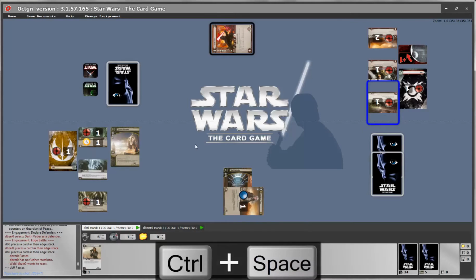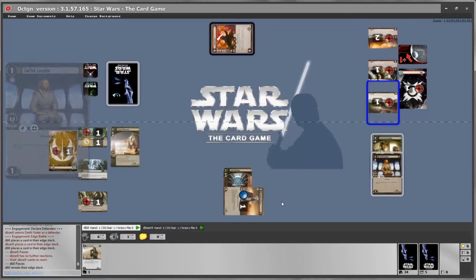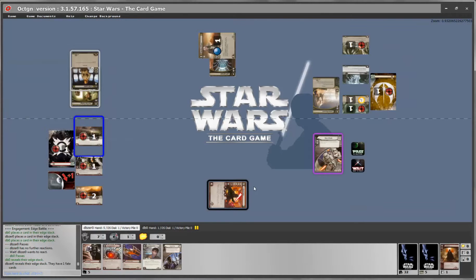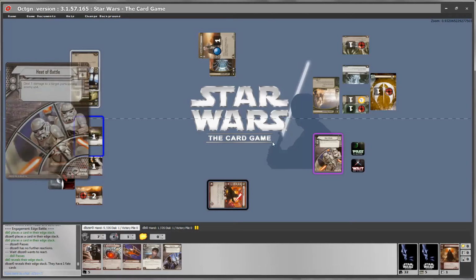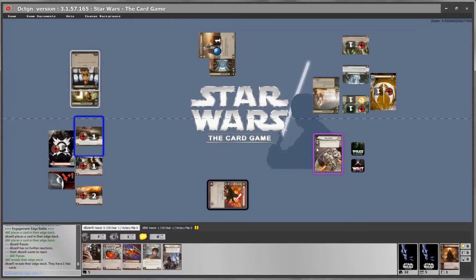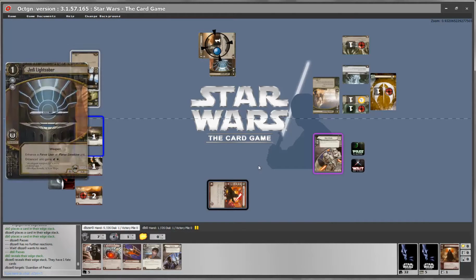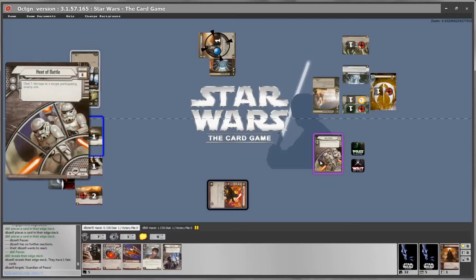Once the Lightside player passes as well, it's time to reveal the Edge cards. To reveal the Edge cards, simply double click on your face down cards and the game will flip them face up and will be ready to calculate the edge. Same thing goes for the Darkseid player or the opposing player. If you have any focus cards on the table, as soon as they reveal, they get this purple highlight. The purple highlight signifies that the focus card is ready to use its ability. In this case, the focus card gives a damage to an opposing unit. So to use it, simply target the unit that you want to use to damage and double click on your Heat of Battle.